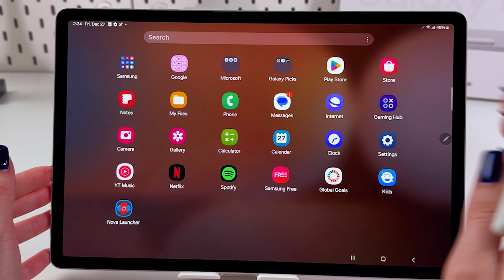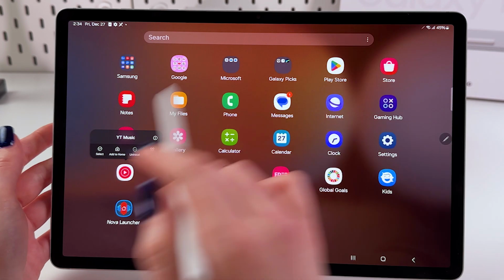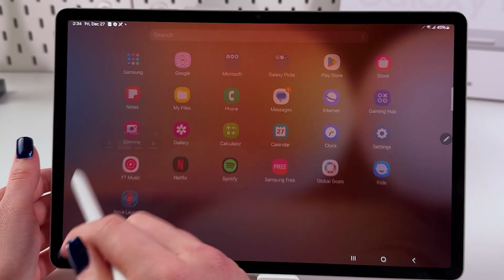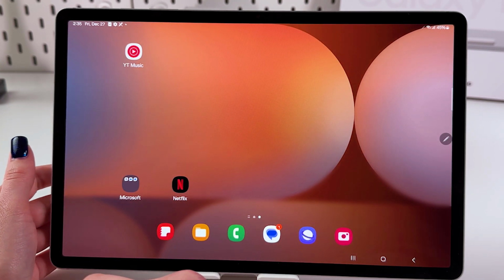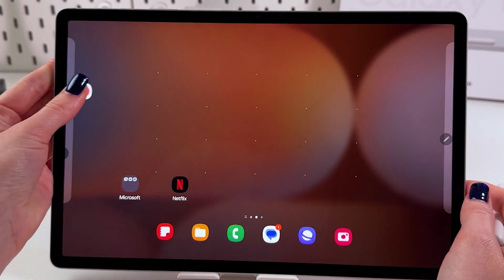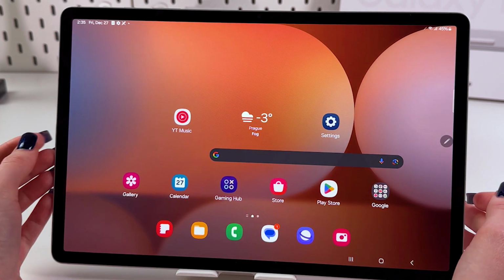Let's go back to the app drawer and now we need to hold it. And first thing we can see is select add to home, uninstall and widgets. So you can use this add to home button and it would be added to the free space. You can also press and hold it and drag it manually to any other page from the list,